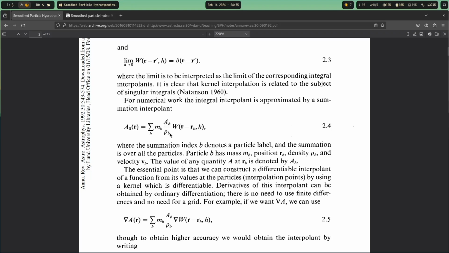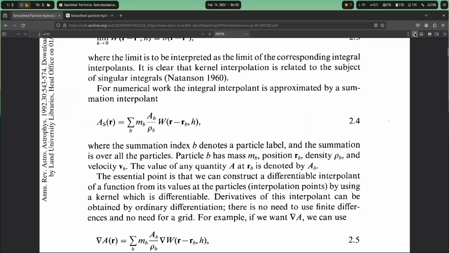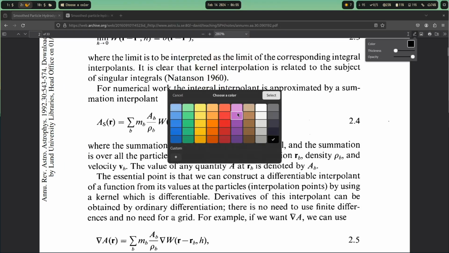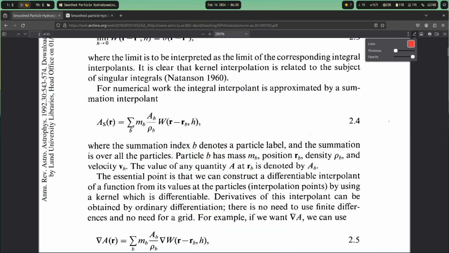Then we divide by the density of that particle. So when we want to calculate the density, this thing and this thing would cancel out, right? So when we try to compute the density, so it would be